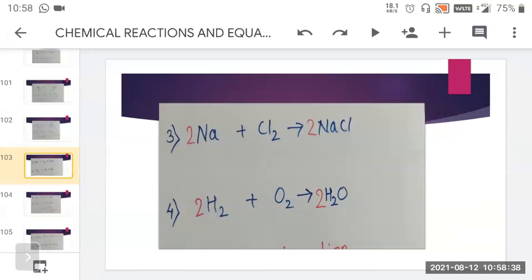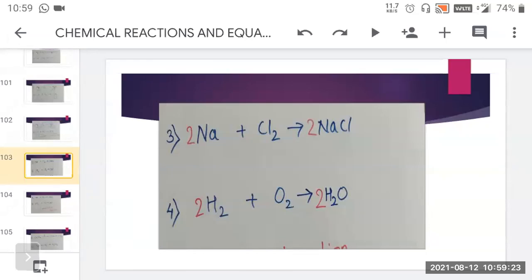So when sodium reacts with Cl2, what will you get? It should be NaCl. But as the chlorine number is 2 in the reactant side, we also want the same number in the product side. So we will add coefficient 2 in front of NaCl. After adding 2 as a coefficient in front of NaCl, the chlorine has become 2, but with the chlorine, sodium has also become 2 here. So in the reactant side also, we need to make it 2 sodium. So we will add coefficient 2 there.